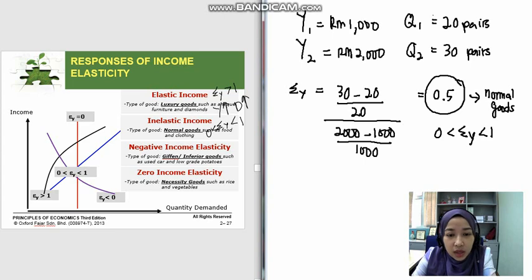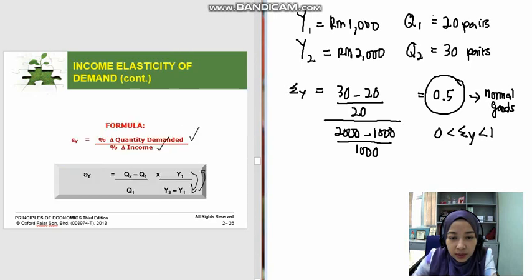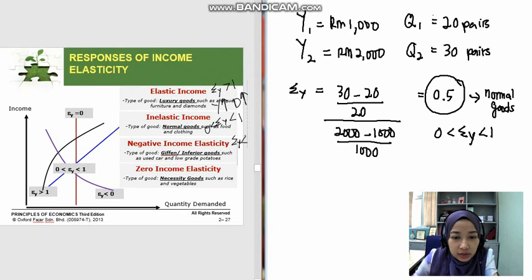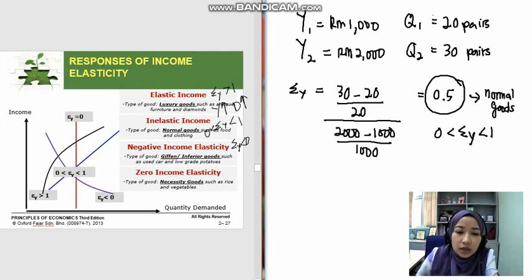Okay, and then next is negative income elasticity. So if you calculate and you get your answer as a negative value, which means your answer is less than 0, it means that you get negative income elasticity. So which product are we referring to? We are referring to inferior products. Examples of inferior products are